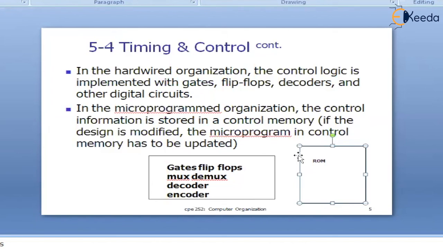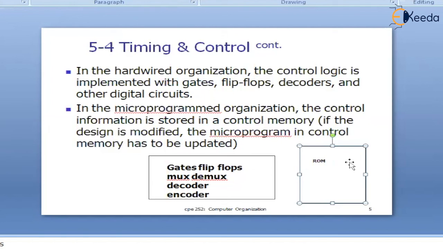That is the main difference between hard-wired and micro-programmed control units. Everything has its own advantages and disadvantages. The hard-wired control unit is faster than the micro-programmed control unit, because hardware is always faster than program execution. It's simply like switch on, switch off.